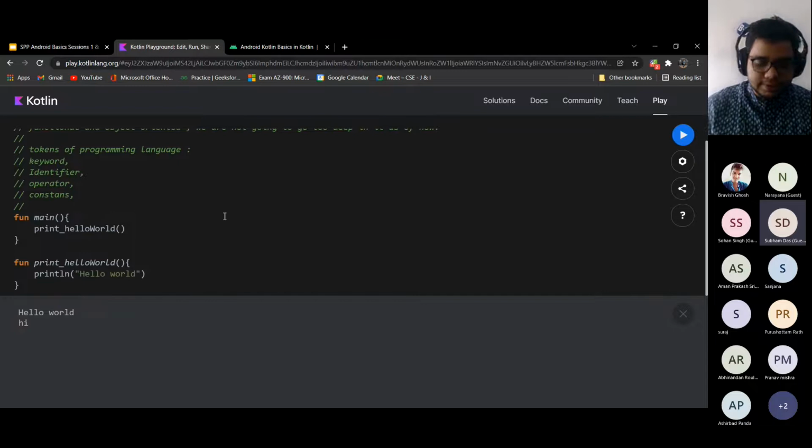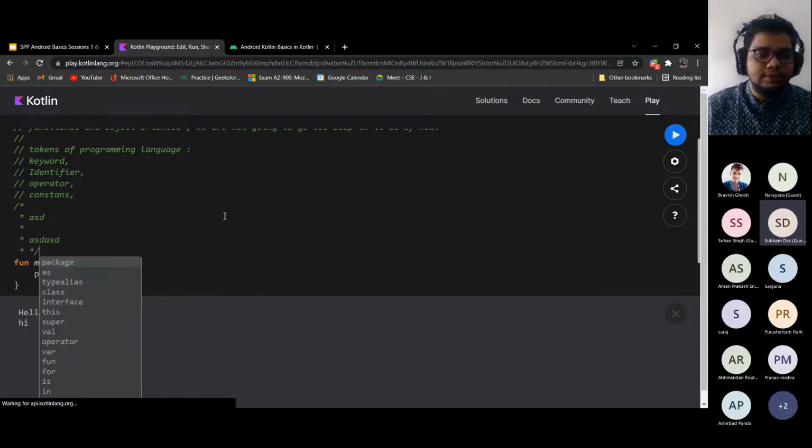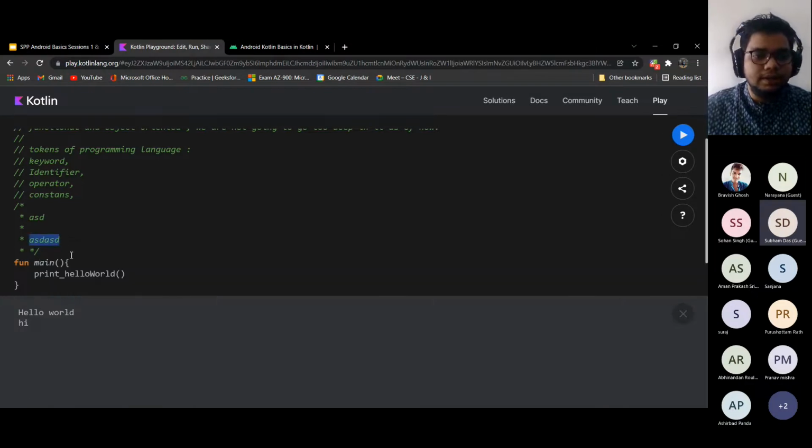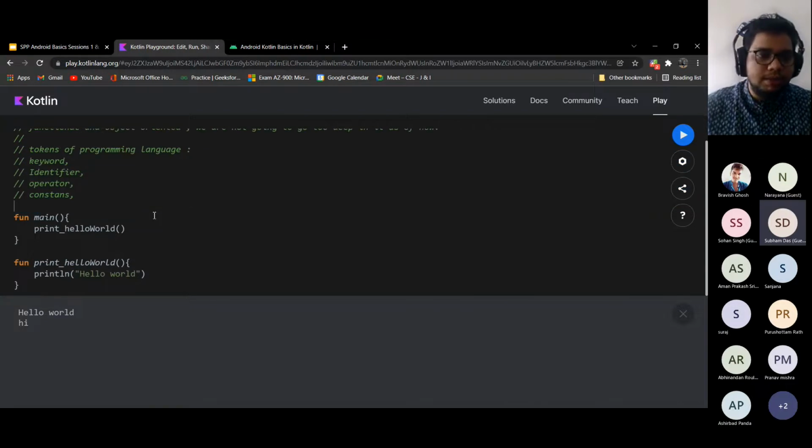So once you put, say, a double slash, you can write in a single line, and whatever you write in front of a double slash would be considered as a comment line. So I can write anything and it won't matter to the program at all. Now you can also write a multi-line comment, so you can put multiple lines inside this block, and this would be ignored by the compiler, and everything outside the comment would actually be executed. So this is basically how the programming language works.